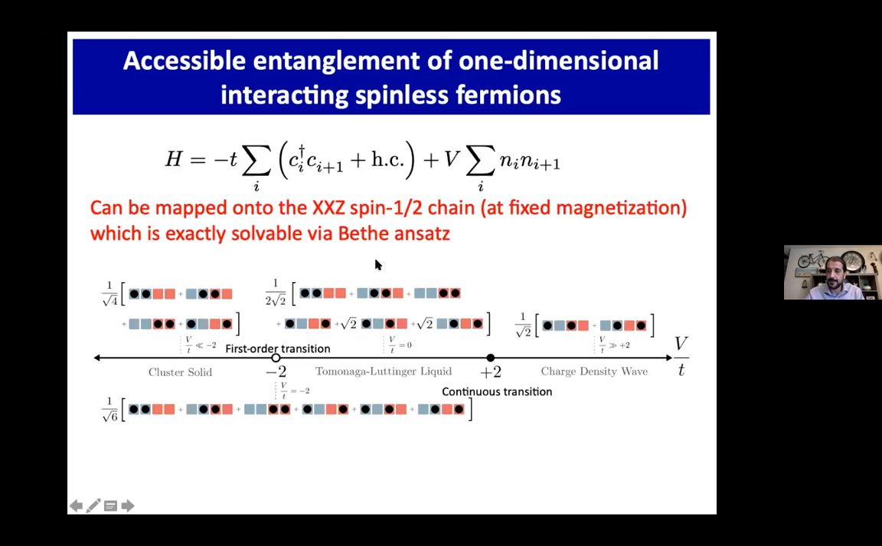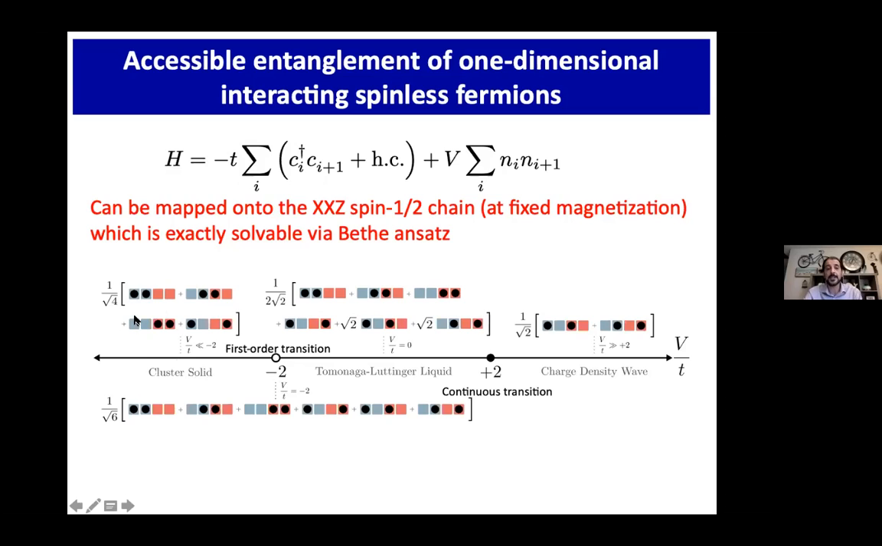What's interesting about that model is that it's very simple, and of course it's an integrable model, but compared to its simplicity, it has a rich phase diagram. Starting from a very strong negative interaction, we are in the cluster solid, where the fermions cluster together, and they could be in any position just from the translational symmetry of the system. So that's the exact state at